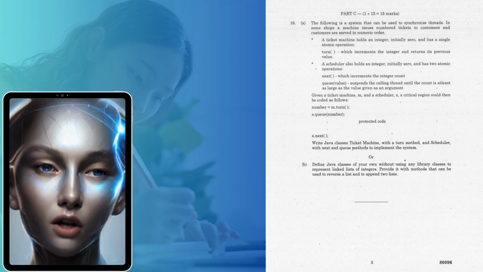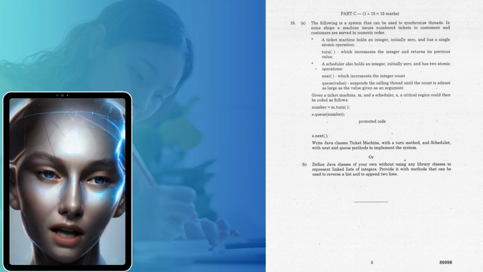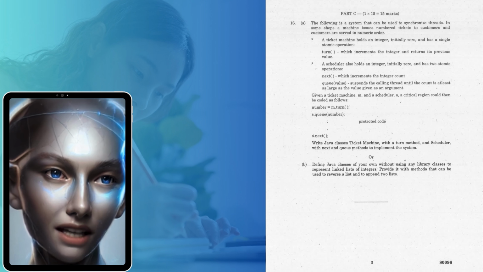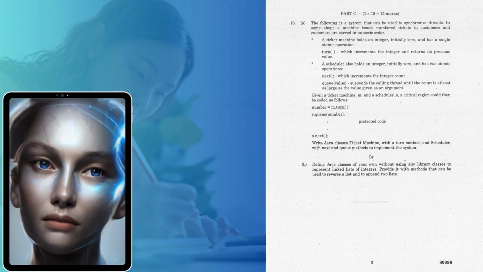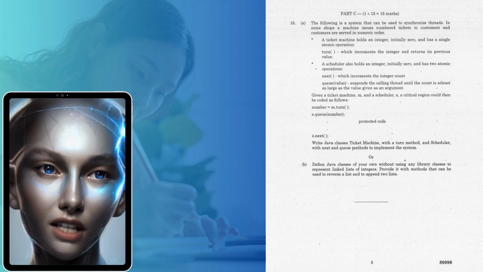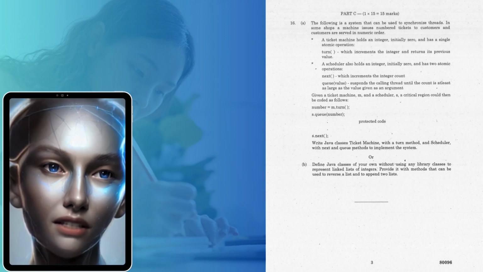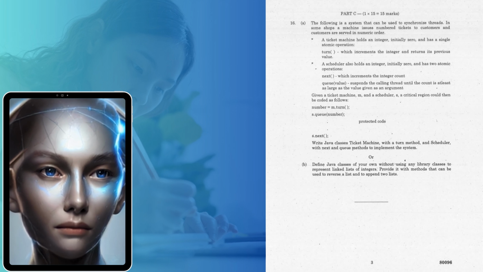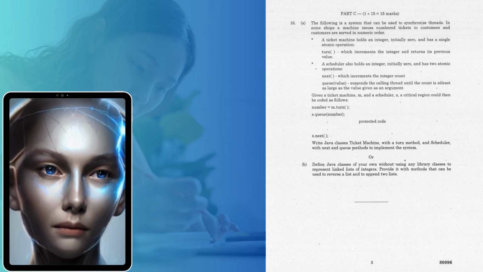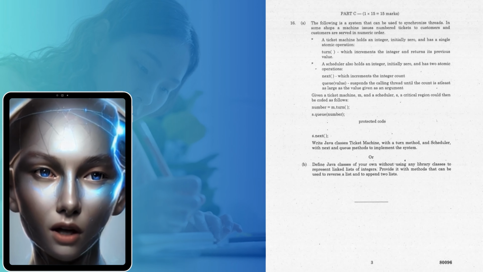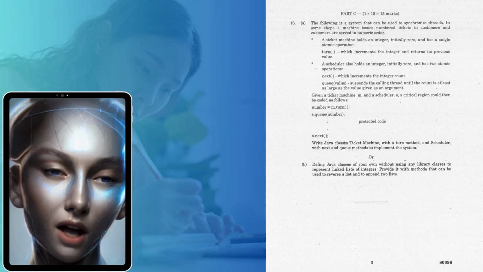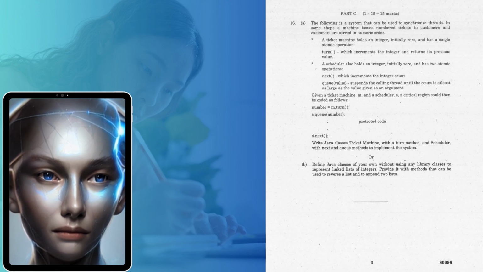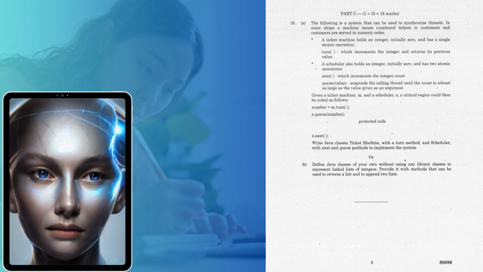A scheduler also holds an integer, initially 0, and has 2 atomic operations. Next, which increments the integer count. Queue(value), which suspends the calling thread until the count is at least as large as the value given as an argument. Given a ticket machine M and a scheduler S, a critical region could then be coded as follows. number = M.turn(); S.queue(number);